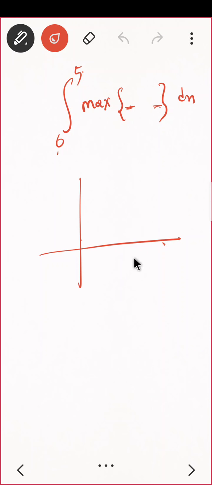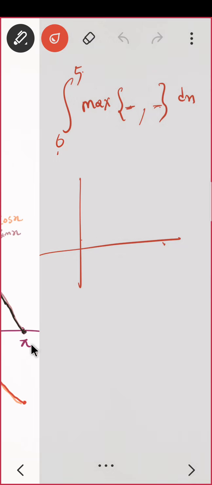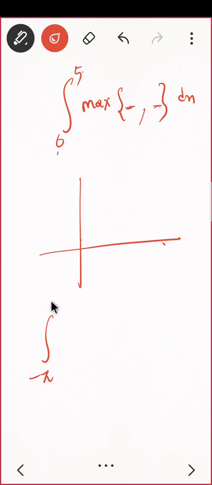Even in your IIT JAM exam, which is the entrance exam for MSc from IITs, this type of question used to be there. You have to find the integration where the function is a maximum. So in this case also, suppose let us make a question. Say minus pi to pi, the integrand is the maximum of sin x and cos x. Suppose this is the question. So how will you solve this question now? Anybody? Do you have any idea?